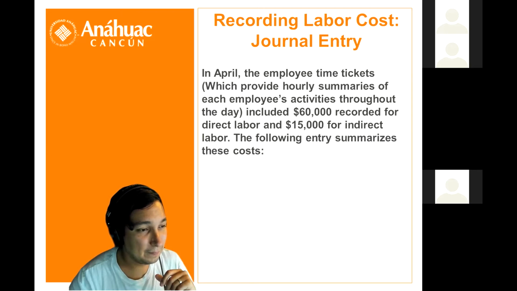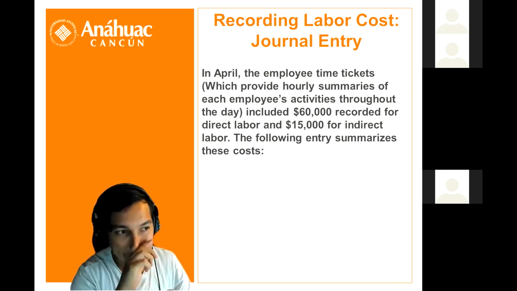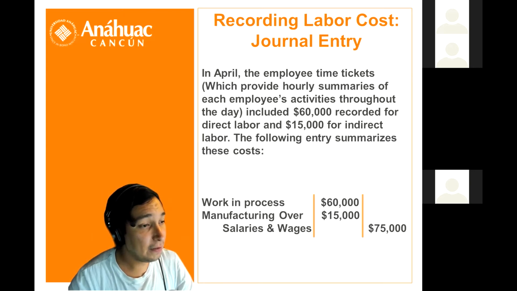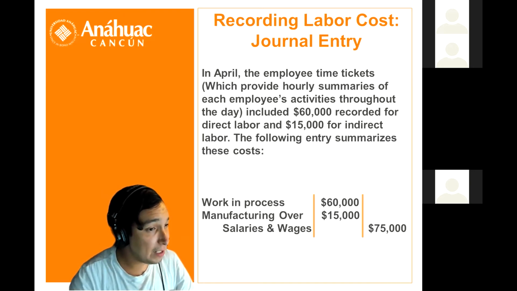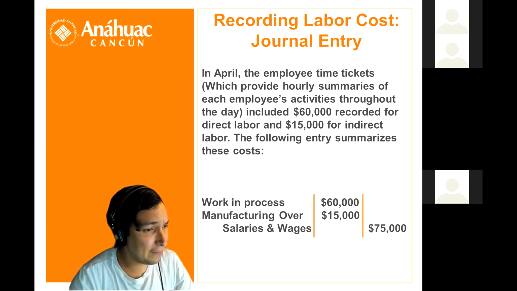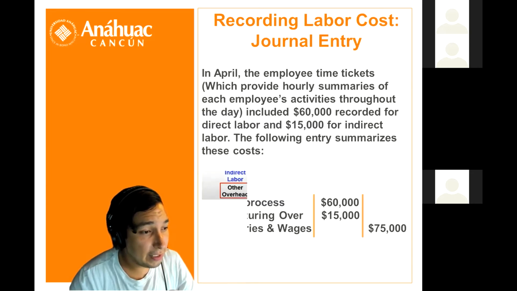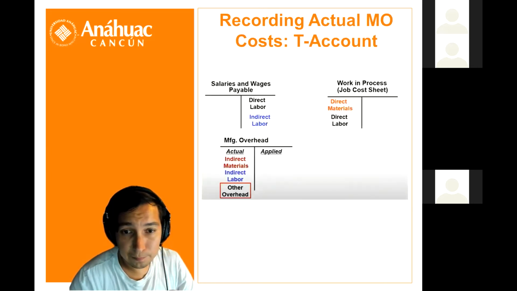You credit both, but then in work in progress you debit direct labor, and in the other one you debit the indirect labor, MO. Okay. So now you have WIP with direct and indirect materials and direct and indirect labor. Okay. So the next part is to assign our